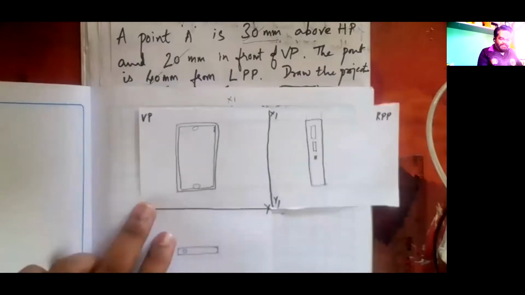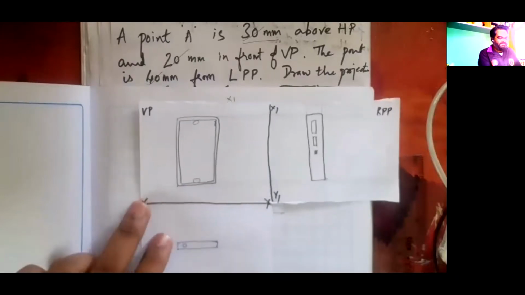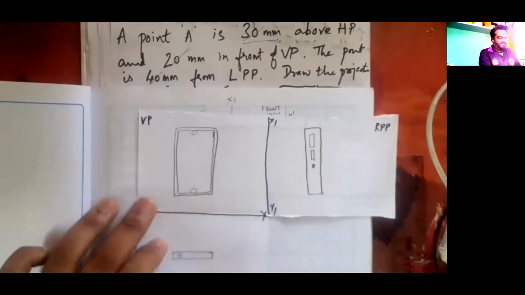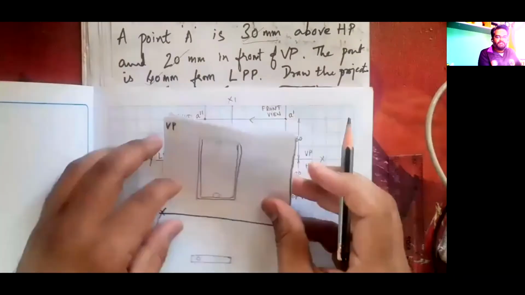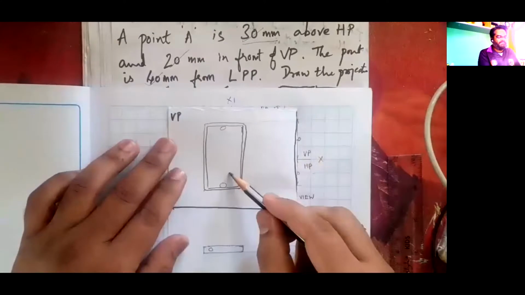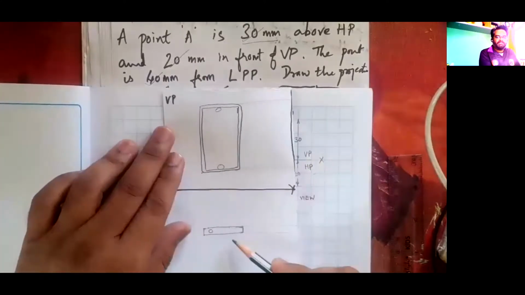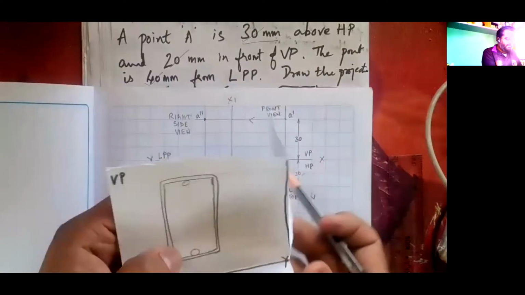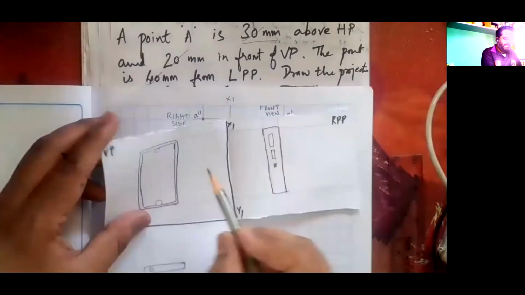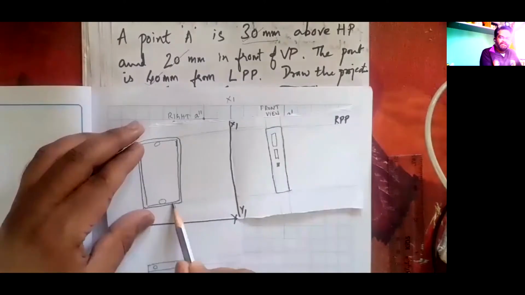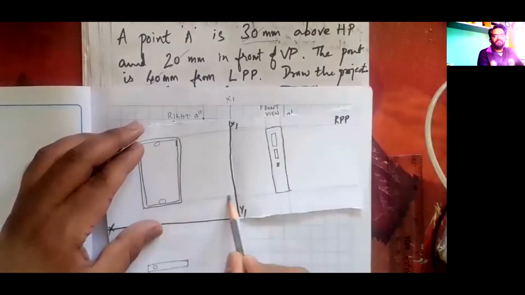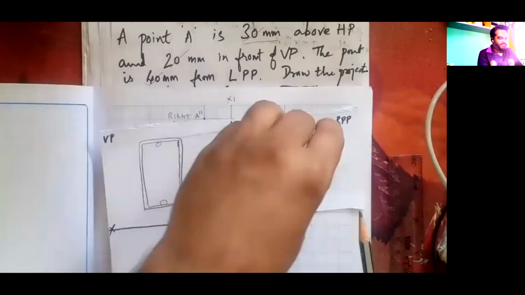See here, this is the front view of an object. Imagine you don't have the side view at all. This is the front view and this is the top view. If you have a side view, then the side view will appear like this. Where will it appear? If you draw a line from the topmost surface and the bottommost surface from the front of the same object, within this region only the side view will be appearing.